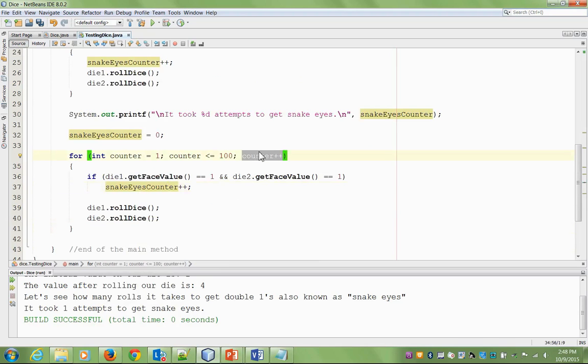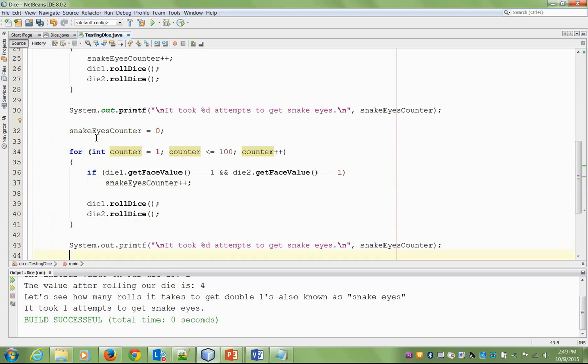So we'll increment the counter plus 1. So if it was 1, it'll now become 2, and it'll test, is 2 less than or equal to 100? It is, so it'll run through the loop, and it'll keep doing this until the counter is 101, in which case it'll say 101 is less than or equal to 100 is a false statement. This will evaluate to false, and it'll jump to the end of the loop. So now we can just print out,